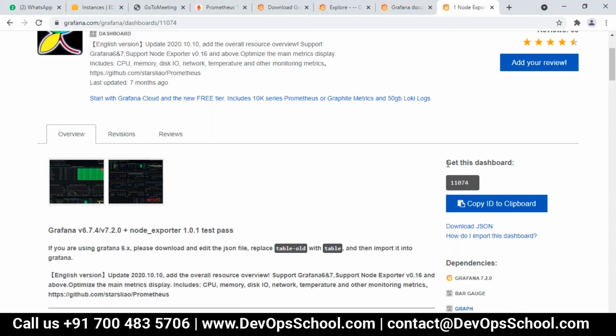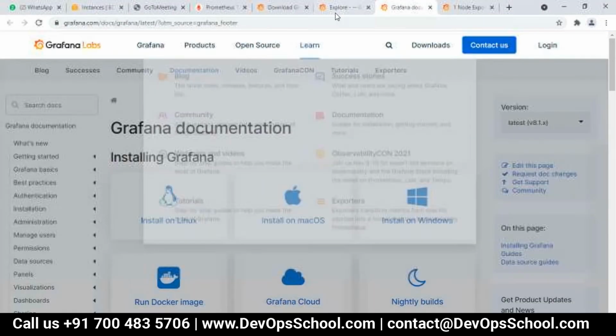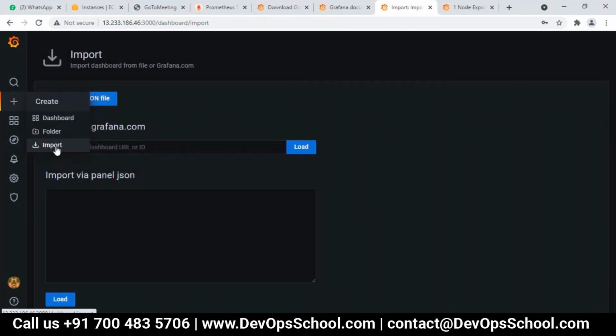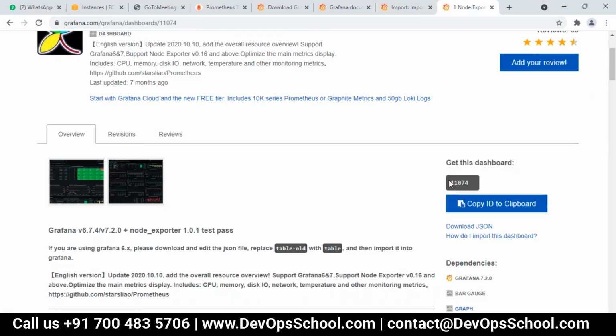So what we're going to do here: can you see, get this dashboard 11074. So this is the link where we create a dashboard: plus sign, create, click on import. When you click on import, it is asking for a URL or ID.